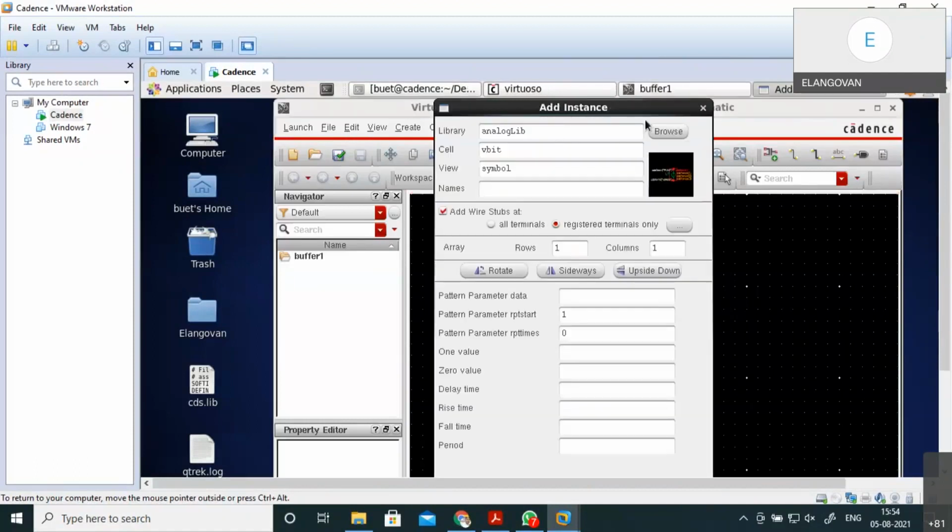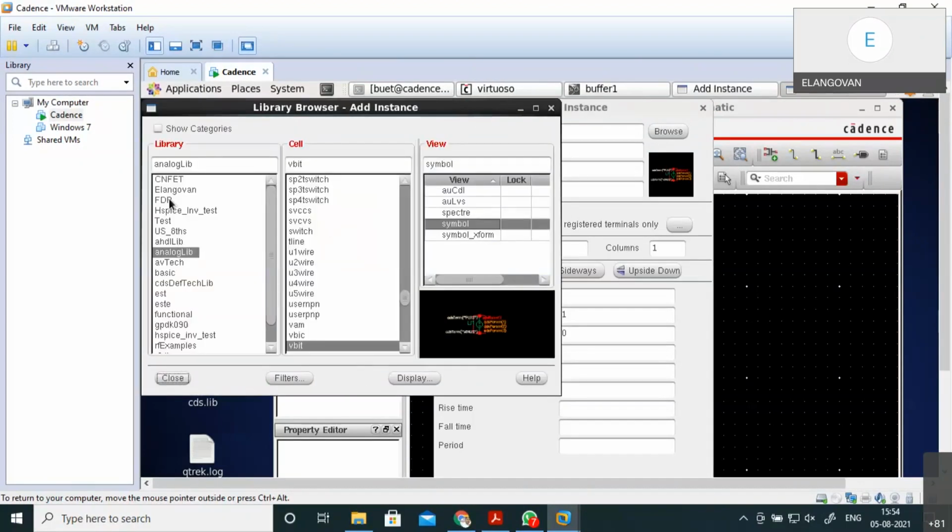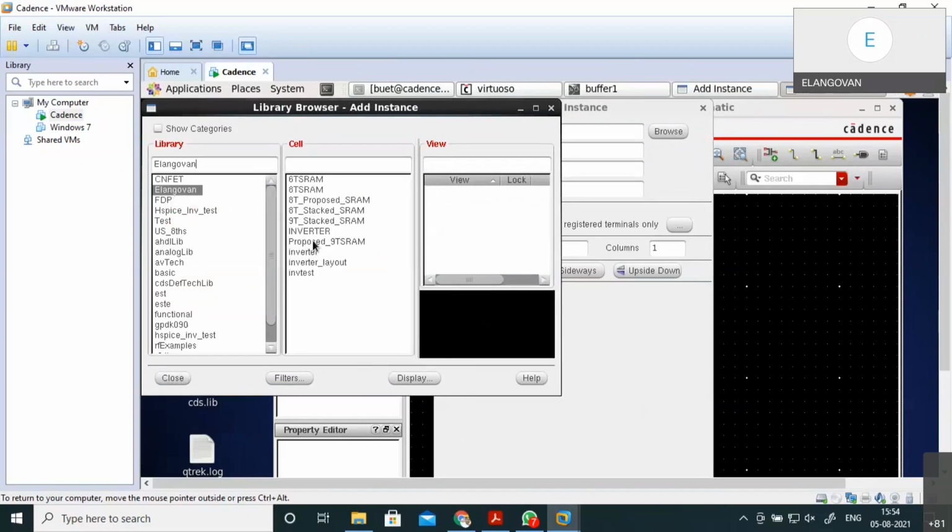Instantiate. I have a symbol in mind. Let me use that symbol. Here I have the symbol.